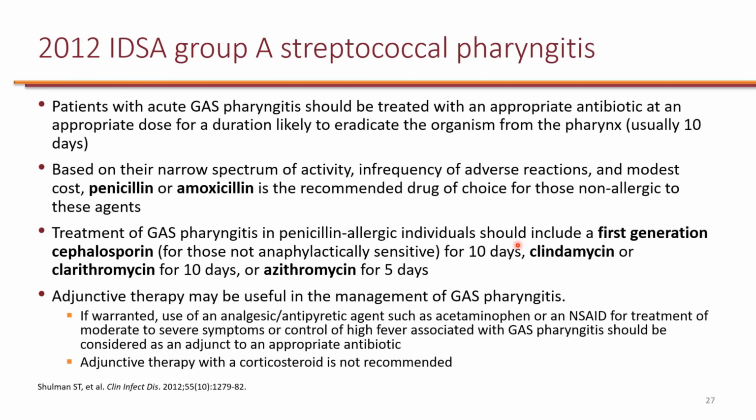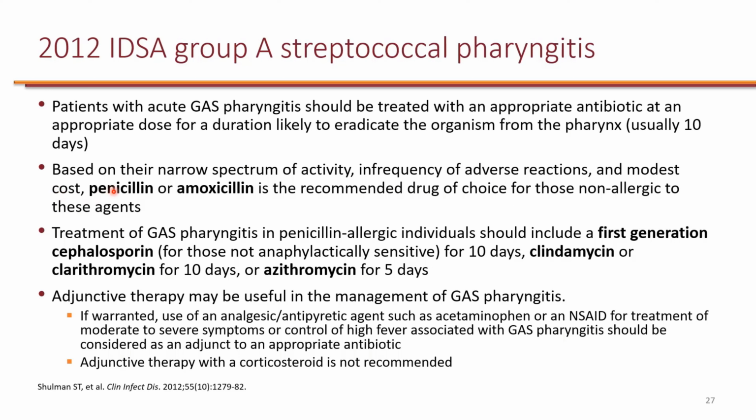These are the recommendations from the 2012 IDSA guidelines specifically for Group A streptococcal pharyngitis. Group A streptococcus is Streptococcus pyogenes. GAS is short for Group A streptococcal. They do recommend that patients with Group A strep pharyngitis be treated with antibiotics, and the duration is typically 10 days. They recommend that based on narrow spectrum of activity, frequency of adverse reactions, and